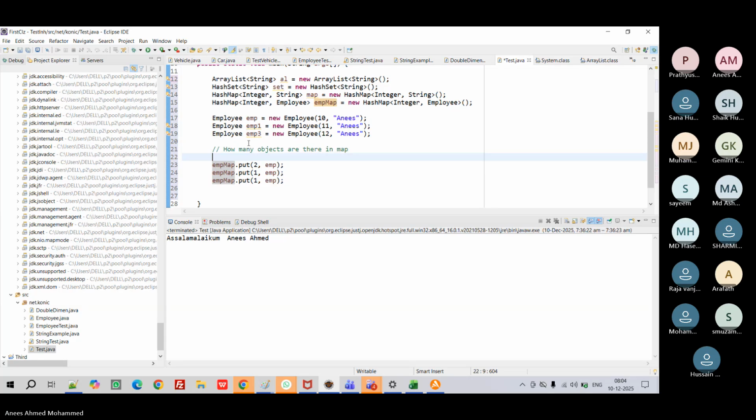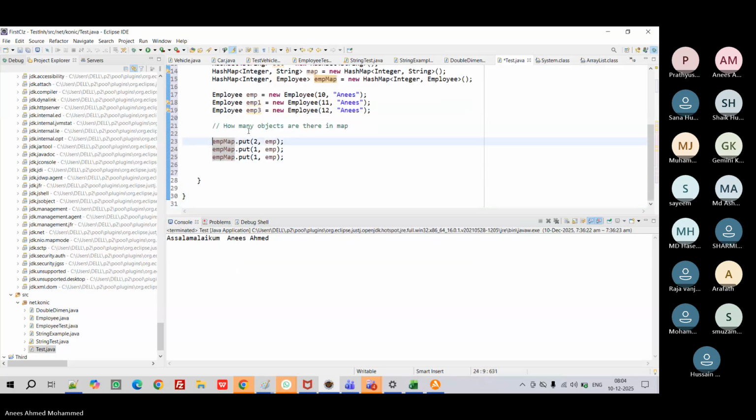So explain to me why only one object is there in the map. Quickly. I want to close this call. Tomorrow I will jump to the next step. Sorry, sir. I think two, sir. Two